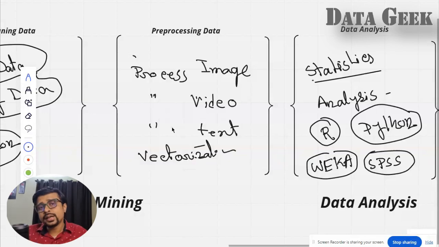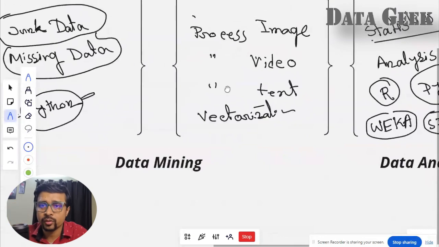Now theoretically you clean the data and pre-process it, but when you work practically, this can be a two-way process. Like pre-processing and cleaning can happen at the same time. It's practical work, I'm just telling you. Okay, after you clean the data and pre-process the data, now you have something to work with.